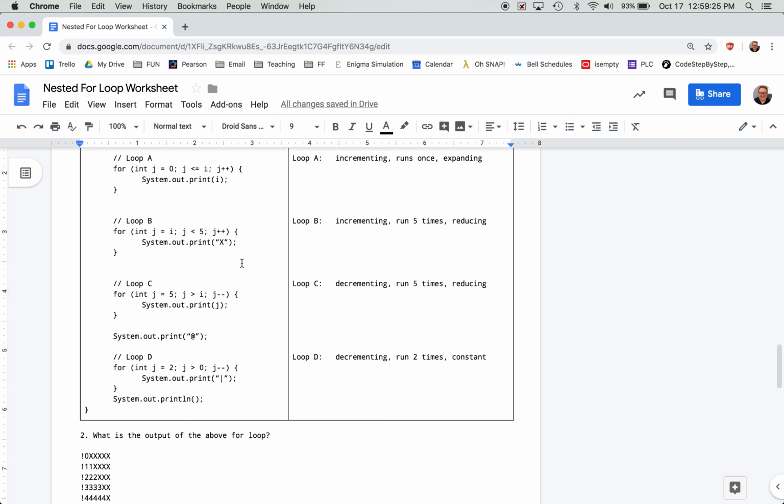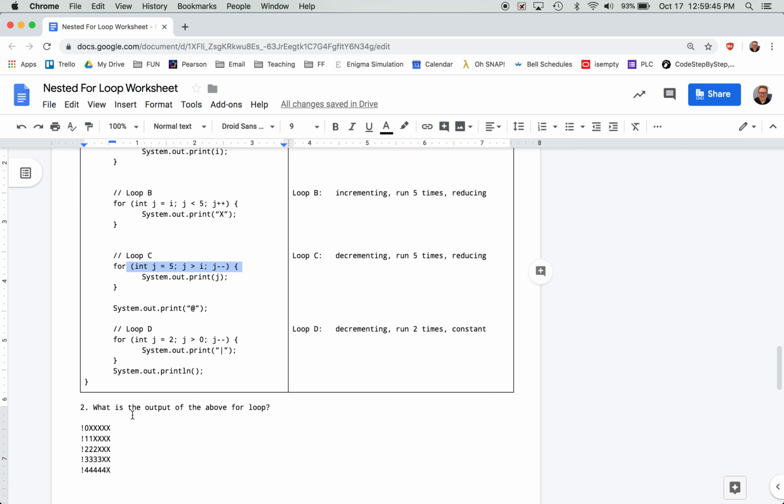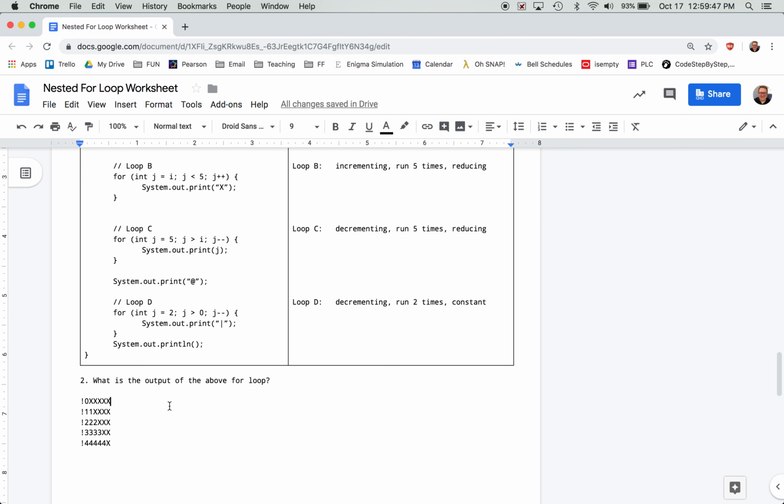All right, for loop C, we have another reducing output. This time we're printing out j. That's going to be the index of this inner loop. J will always start at 5, and then it'll start counting down. When we're first time through the loop, j is 0. That means we're going to print out for when j is 5, 4, 3, 2, and 1, but not when it gets to 0. So I think the next output on this one's going to be 5, 4, 3, 2, 1. Then on the next loop, when I is 1,